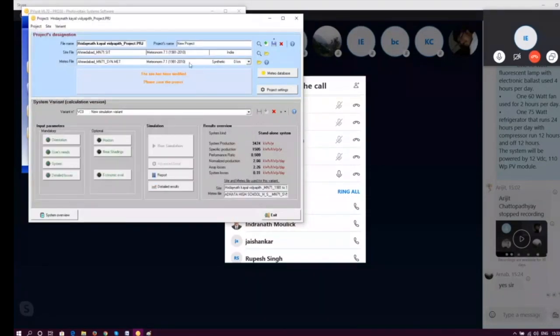Okay. So once we have selected Ahmedabad, first we need to save the file name. So we will give the file name as Off-Grid Design Project and today's date as 23/4/20. Similarly, we will give the new project name as Off-Grid Design and today's date as 23/04/20, and ultimately we would